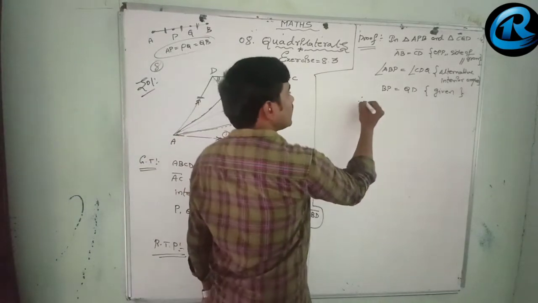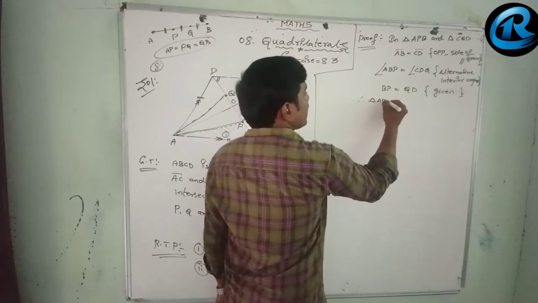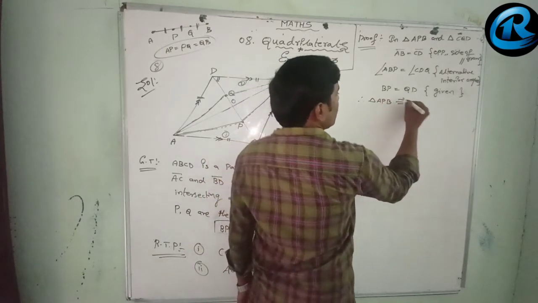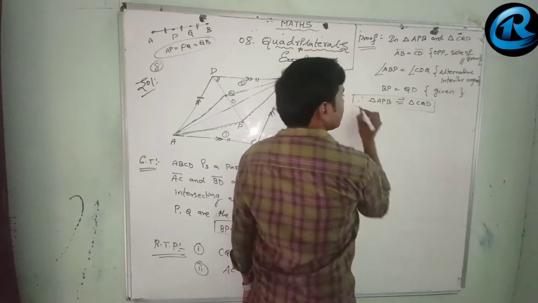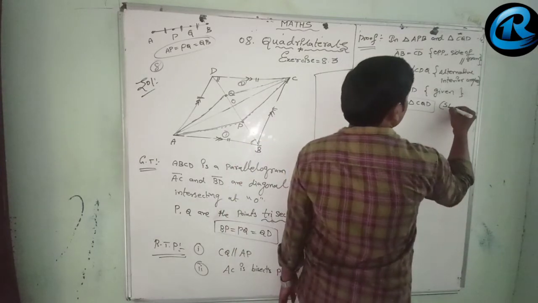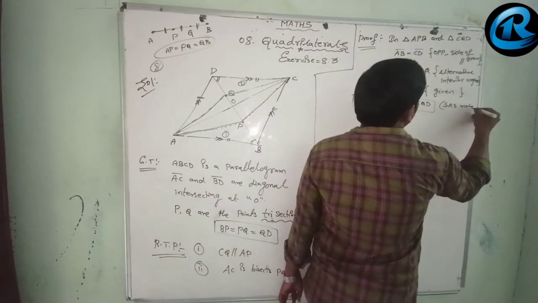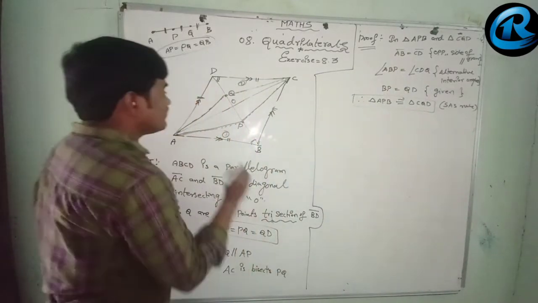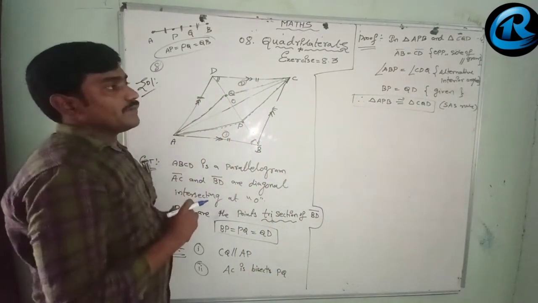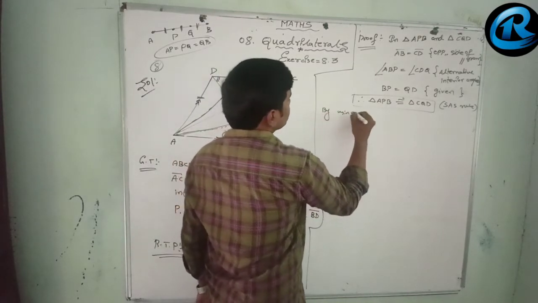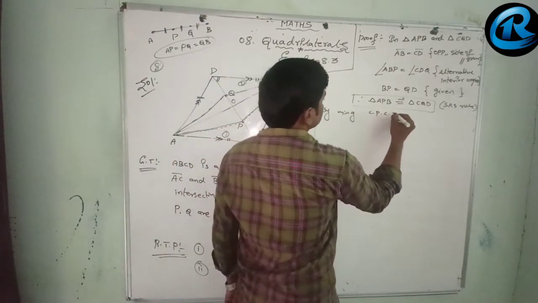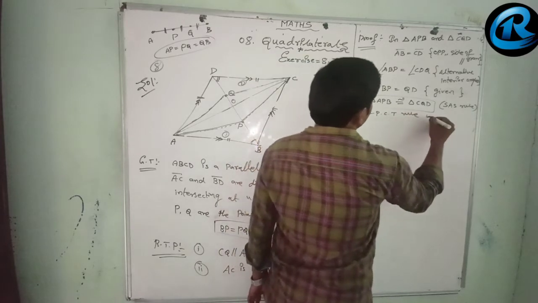Now hence we can prove that triangle APB is congruent to triangle CQD by the rule of side angle side. Now similarly, by using the CPCT rule, we can write